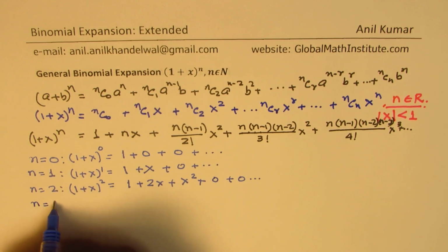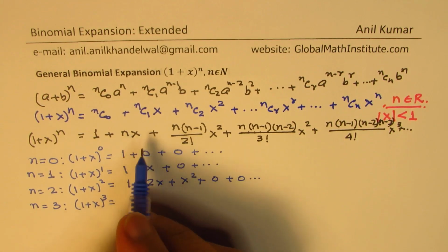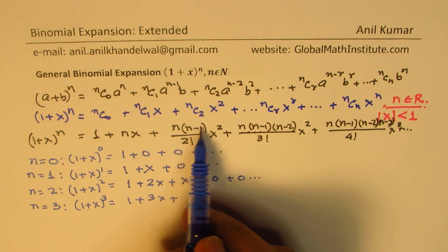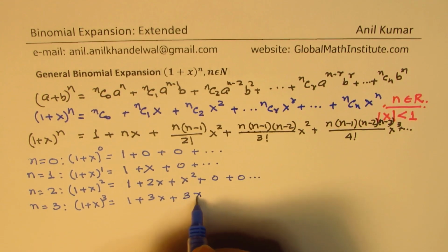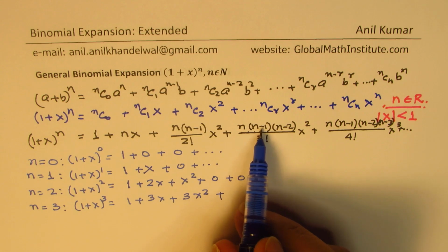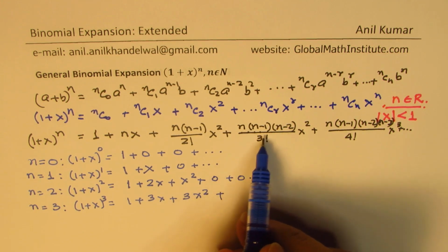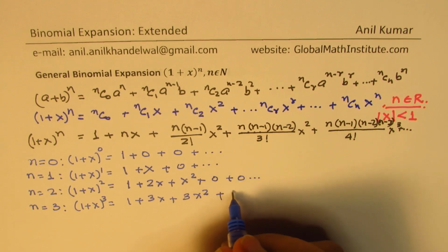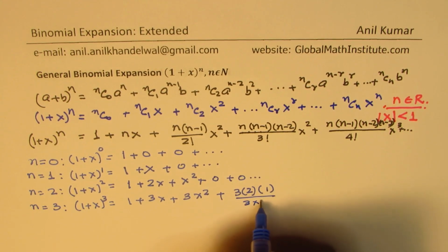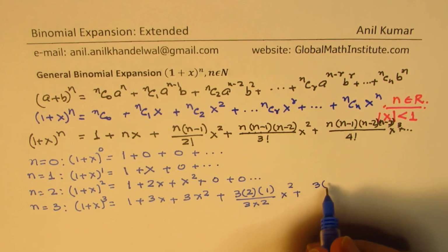Correct? So if I write n equal to 3, we get 1 plus x to the power of 3. And if I substitute 3 here for n, we get 1 plus 3x plus 3 times 2. 3 times 2 is 6. 6 divided by 2 is again 3. So we get 3x squared. And here, when I substitute 3, then I get 3 times 2 times 1 divided by 3 factorial, so what we get here is 3 times 2. So let me write down like this: 3 times n minus 1, which is 2, times n minus 2, which is 1, over 3 factorial, which is 3 times 2, right? x squared. Plus, when we substitute 3 here, we get 3 times n minus 1 is 2,